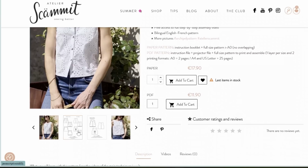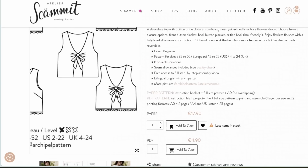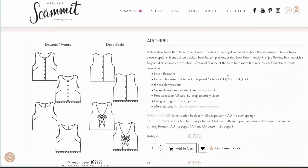But then if you look at the line drawings, the back is where it's happening. I love this tie detail. I love the tie detail on the back, or you can have it with little buttons. And then they've even suggested putting lace along the edge at the bottom. So let's see what it says about the ARCHIPEL